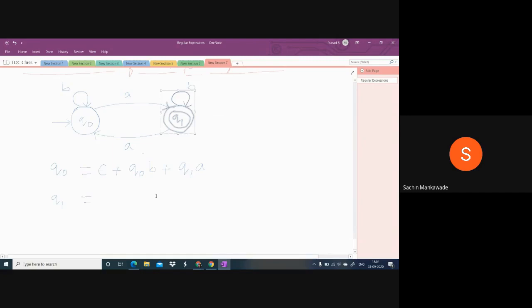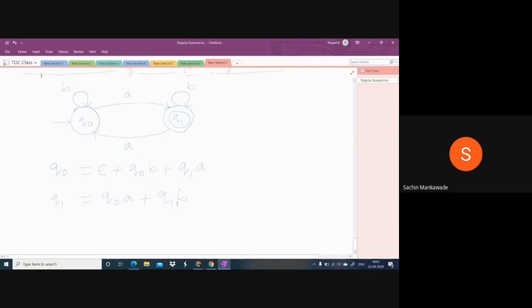You can write anything because the expression A plus B equal to B plus A. But whenever you are writing the expressions, better to follow the order of the states. Generally, we write the expression X plus Y plus Z. We don't write Z plus Y, X plus Y like that. Do you understand? If you are writing an expression, we write X plus Y plus Z, but we don't write Z plus X plus Y like that. We will follow some order. Here, for Q1, 2 edges are reaching. One is from Q0 with label A. The other one is from Q1 with label B. Now we got the 2 equations from this diagram.